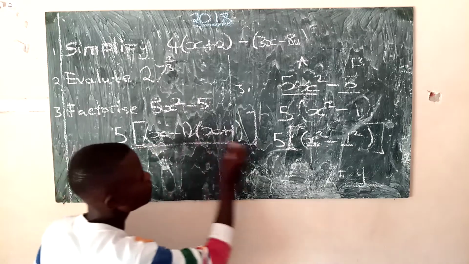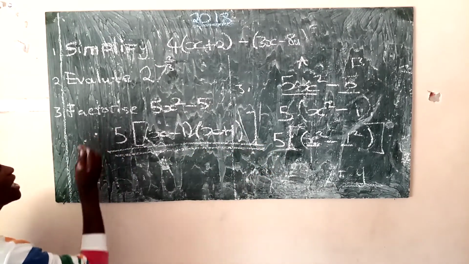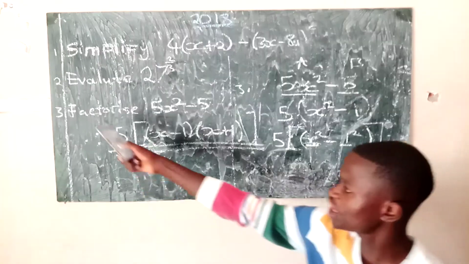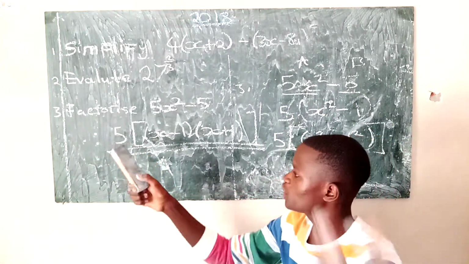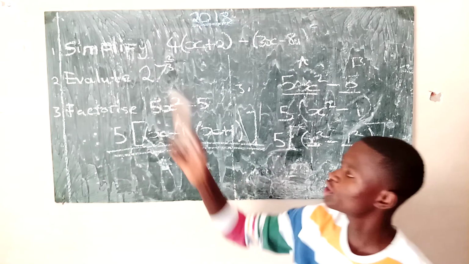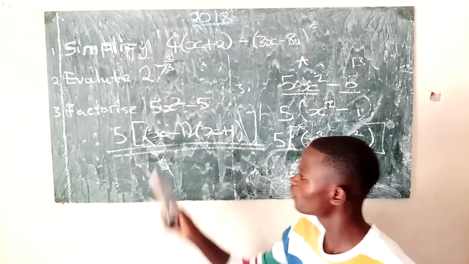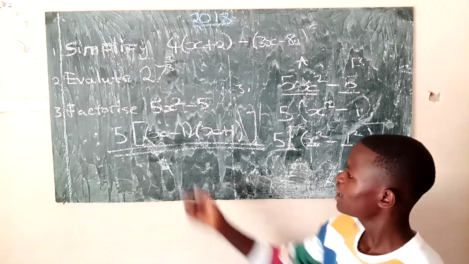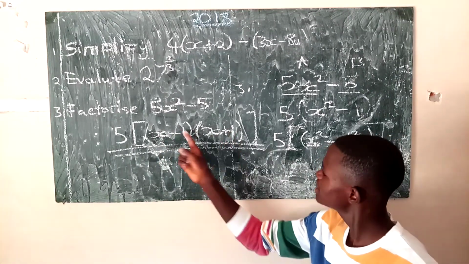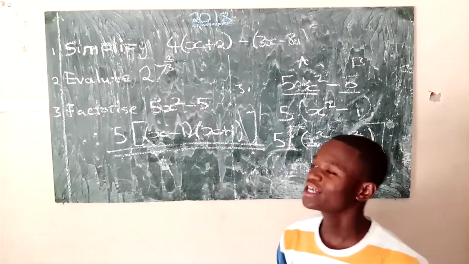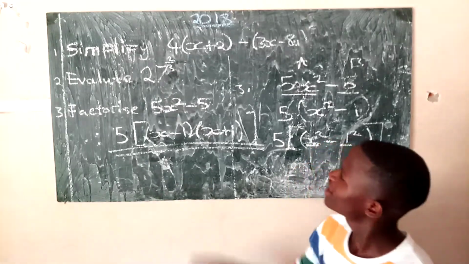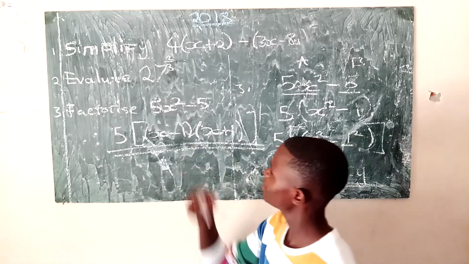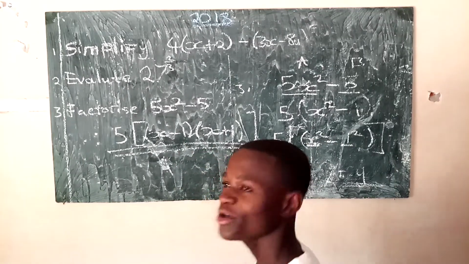So hence we factorized this completely. This is a factorized expression. From the definition you can just say, if we distribute this, you get to the original function. So that's what it means to factorize. If you redistribute it, this times this times this, you get to the final answer. So that's how you go about this. These questions, they are very simple. Just practice them, and it's easy, very simple.